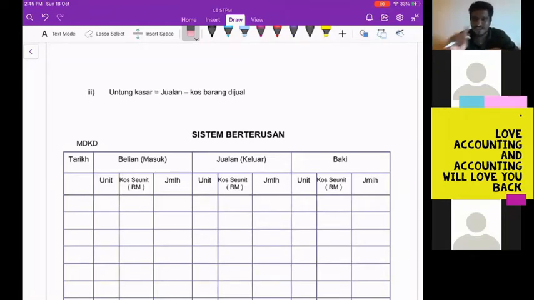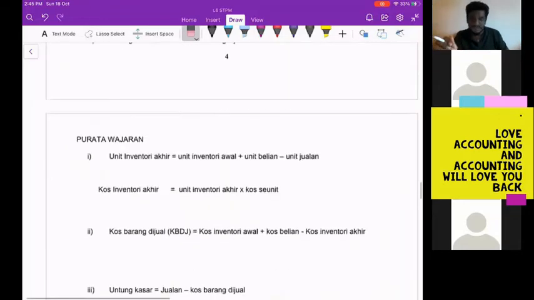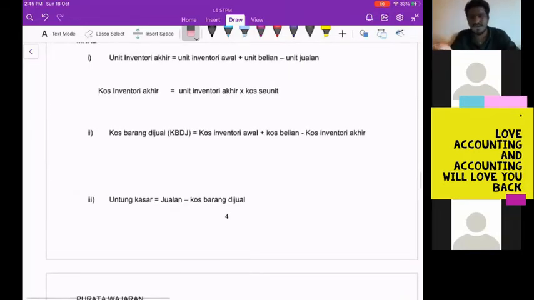There's one shortcut to sistem berterusan, which is very fast to calculate. No need to draw the table. You can calculate using your numbers also. So that one I will show you only in the last question. But it's preferable you do the jadual. But in the STPM exam, sometimes we don't have enough time, so it is a waste of time to draw this table. We can use the shortcut, but we will learn both. But first I want you to learn the traditional way. Try to understand the traditional way of doing, then I will teach you the shortcut. If you don't understand the traditional, learning the shortcut is also no use. So you need to understand this one first to learn the shortcut.